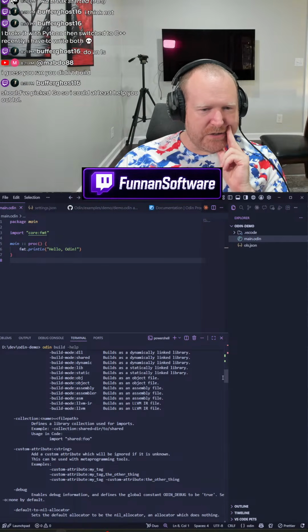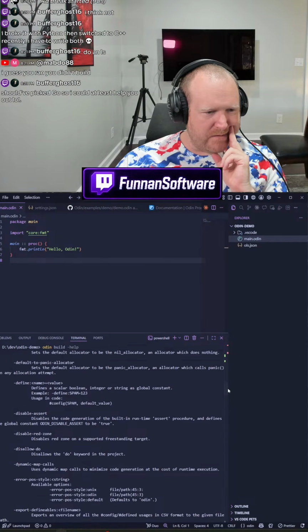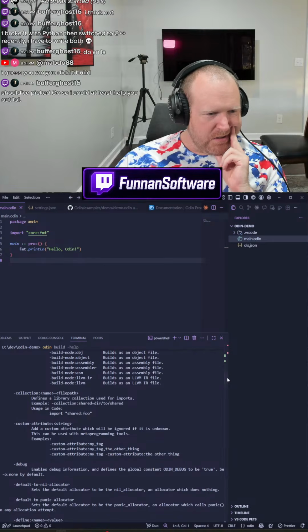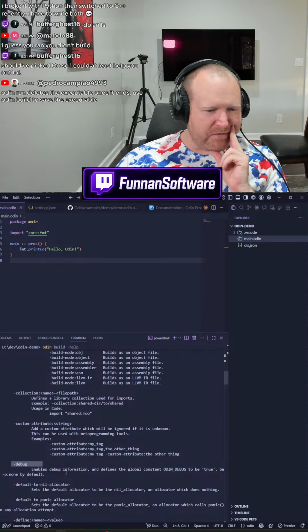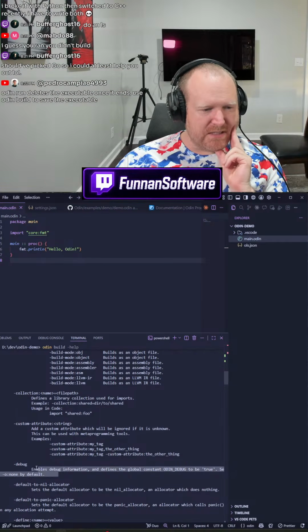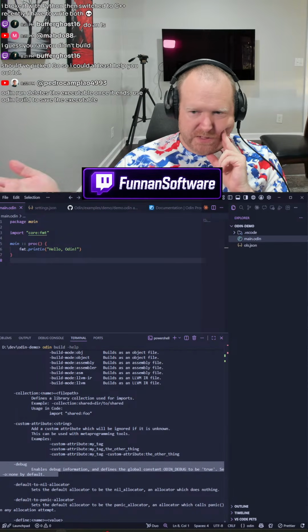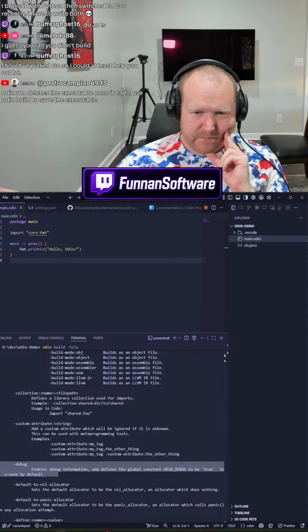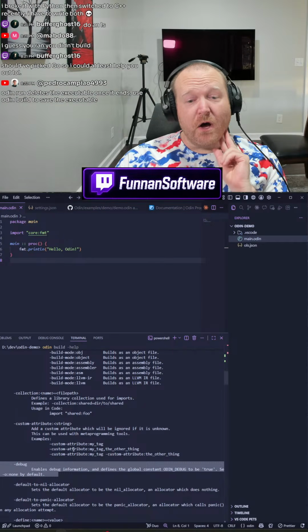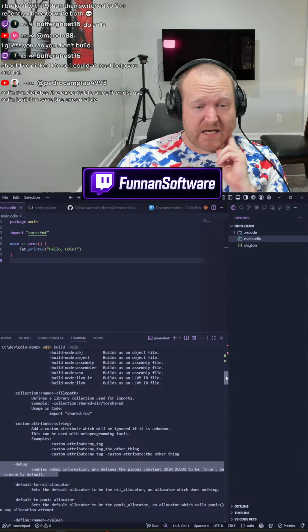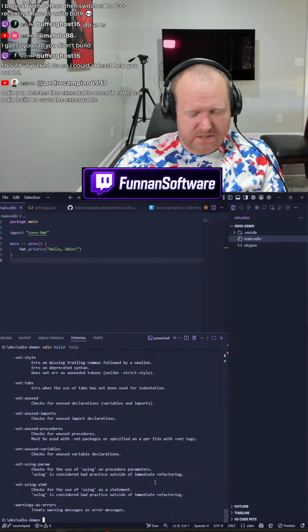The instructions for run say that it builds first. A debug flag produces debug symbols, so I'm assuming that means the build is release by default. Odin run deletes the executable. That's interesting.